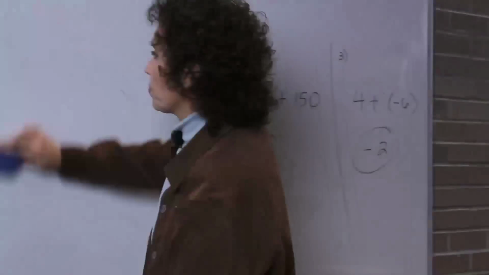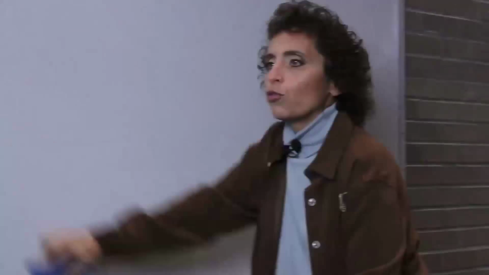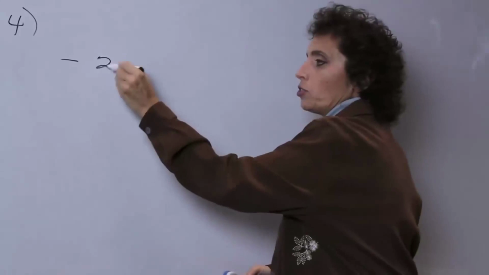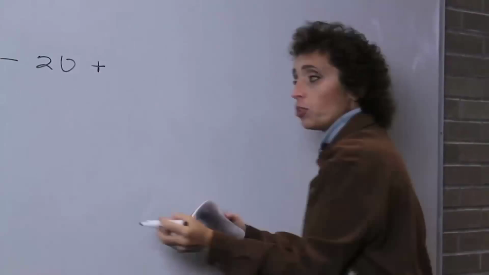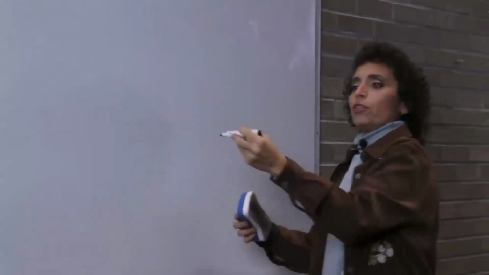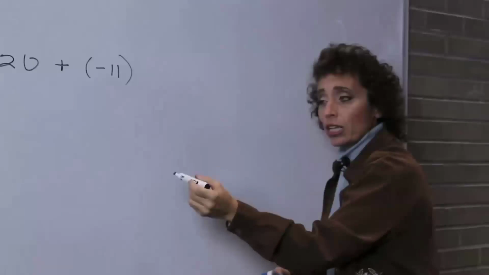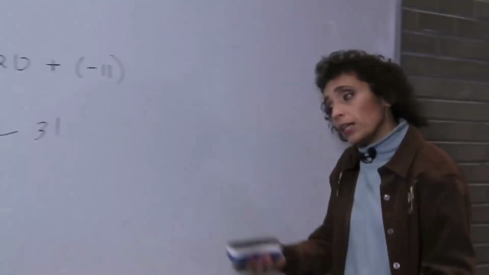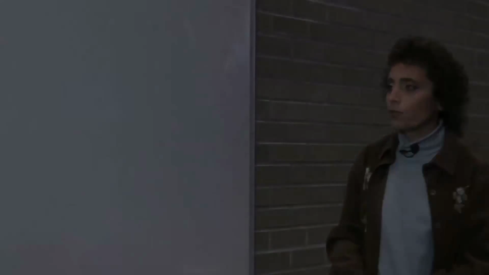Number 4. Rex Clothing Store reduced the price. If you have a reduction in price, that's a negative. It means to go down. He reduced it by $20, some suit, and then reduced it again. Remember, we said we would make an addition problem, so this is the next thing he does. Reduced it again by 11. So I owe you 20 bucks. I owe you 11. Now I owe you a whole ton of money. I have to add these, negative 31. That's how you add integers. It's pretty easy. Next time, we're going to be multiplying and dividing integers.